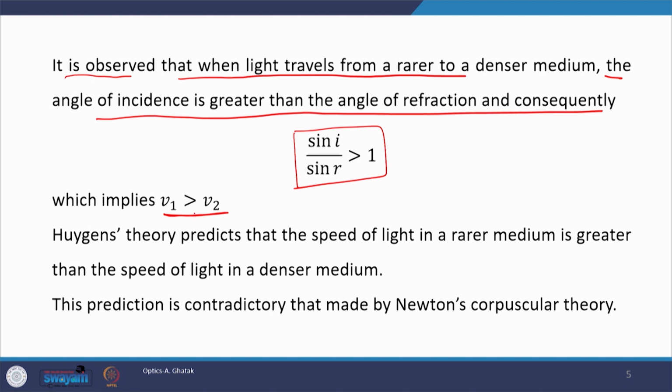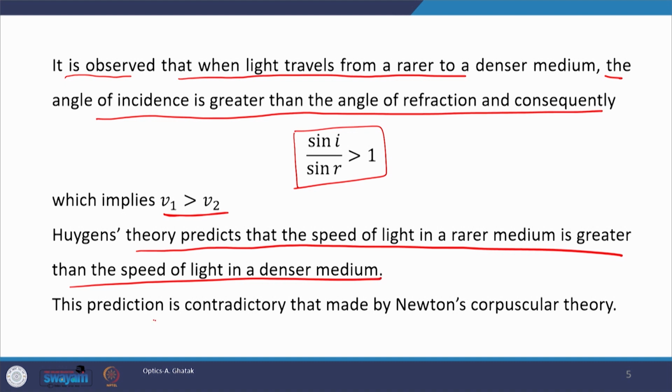It means the light will travel faster in the rarer medium as compared to the denser medium, and therefore Huygens principle predicts that speed of light in a rarer medium is greater than the speed of light in the denser medium,